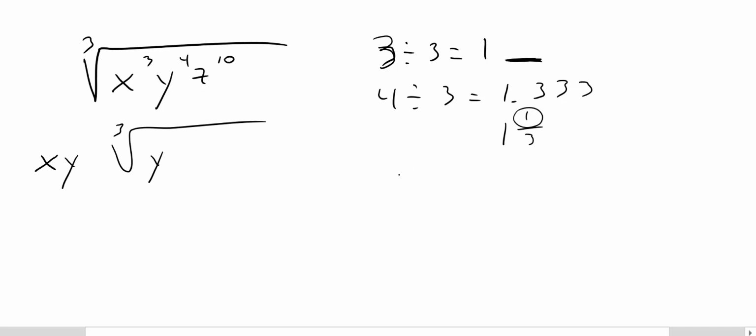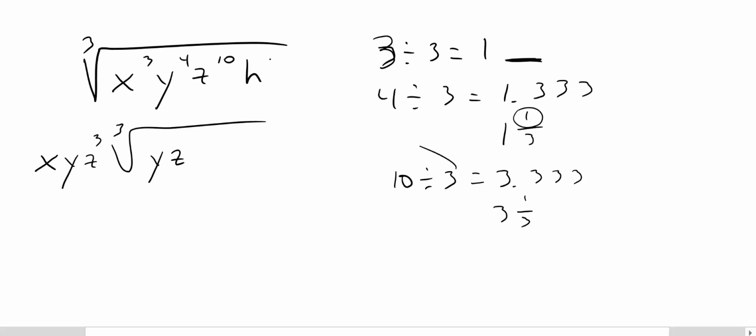And then the z is 10 divided by 3. And that's equal to 3.333, or 3 1/3. So the 3 comes out, so it's z cubed, and there's a 1 remainder as well. So that's your answer, xyz cubed times the cube root of yz. Okay? So let's actually just do